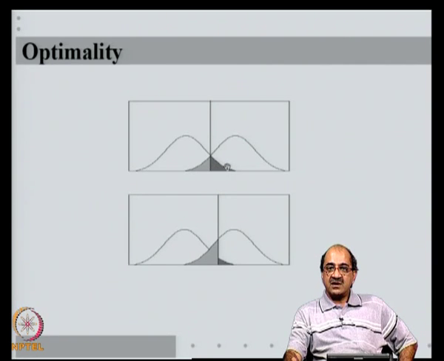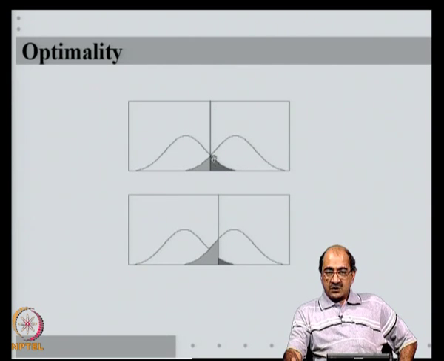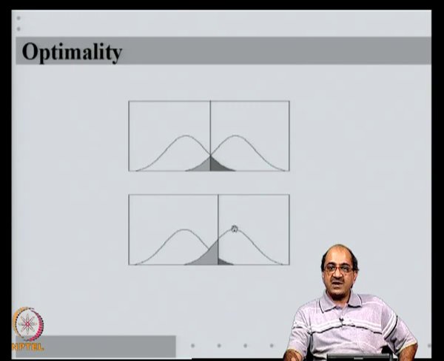The error comes from the area under this curve, which is the probability that a feature vector of this class will have its value outside this line, and similarly the area on this side is the probability that a feature vector of this class will have its value on this side. As you can see, any classifier has to essentially put a threshold. Suppose I put a threshold somewhere else, one can see that the error integral is increased. That is exactly the proof that we have done.